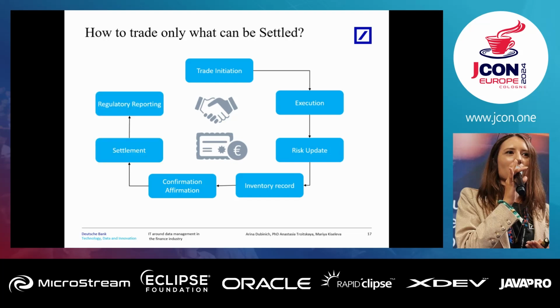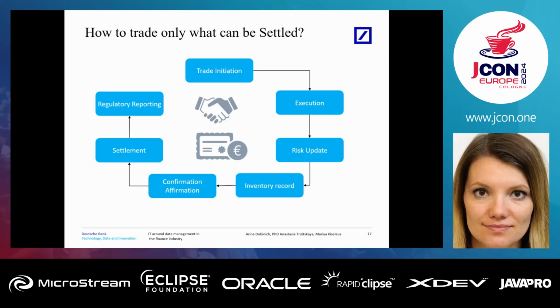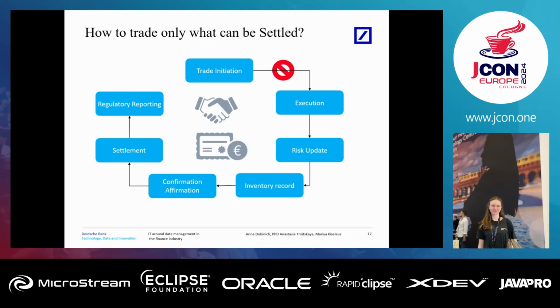And next, the trade should be reported to regulators. There could be other post-trade events such as allocation performed by operation teams. It could be clearing. But the main idea is that we have lots of events after the trade, after the client and dealer agreed on the price. And what if some essential parameters are absent or missed in the initial trading phase? In this case, we fail with settlement, we fail with regulatory reporting, and it is important.